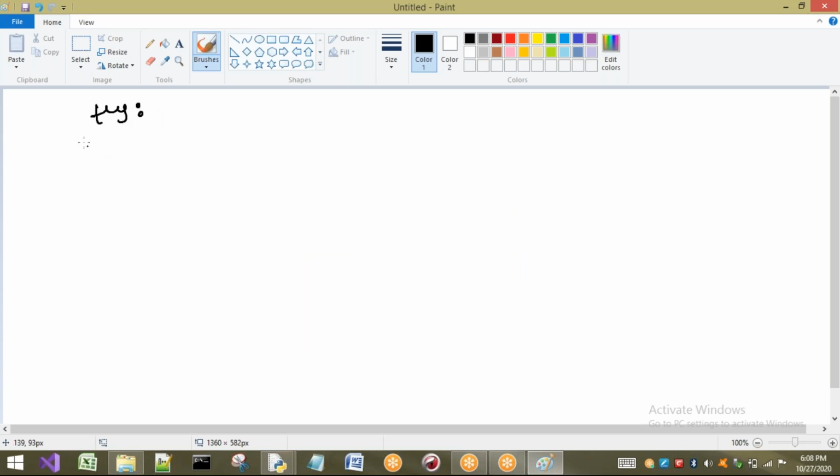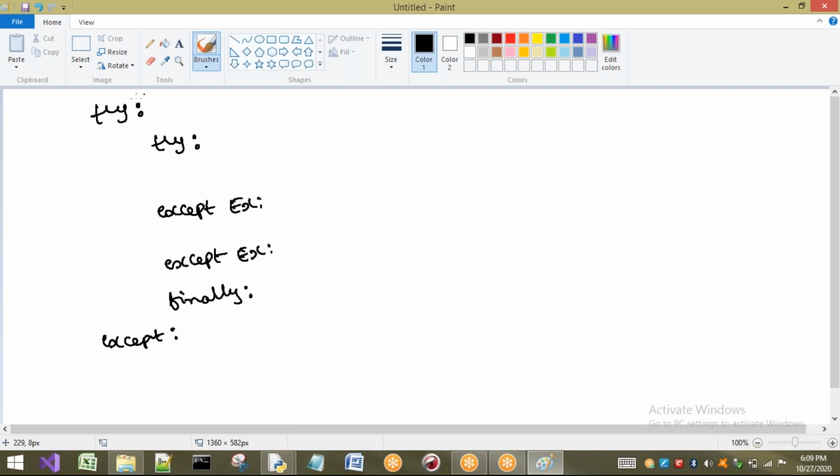A try block is there. Let us consider this one as an outer try. Inside this try block, I am going to write one more try. For this try I am going to write except with some exception name. Next, a second except block for the inner try. Next, after this I am going to write finally. This finally is for the inner try only. Next, I am going to write an except block, which is for the outer try. And next, one more except block for the outer try, and finally I am going to write finally last.